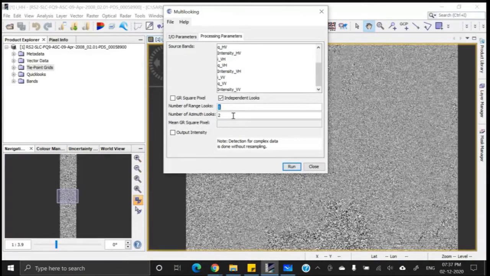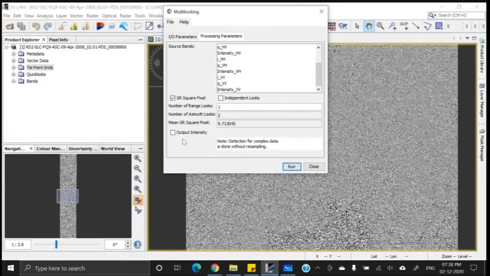For example, if I put 2 over here and 4 over here, then the pixel size will become almost 19 meters. That means the spatial resolution will be sacrificed more. So to retain the spatial detail, it is not recommended to make the pixels much larger. Let the decision be taken by the software automatically, and consider these default values.